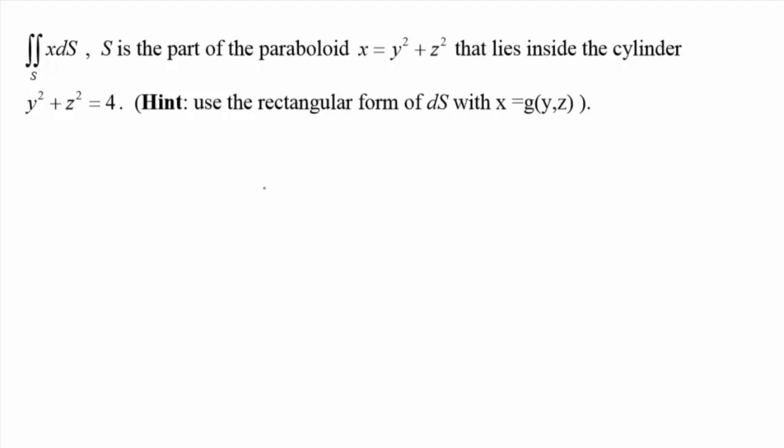S is the part of the paraboloid x equals y squared plus z squared that lies inside the cylinder y squared plus z squared equals 4. Hint, use the rectangular form of dS with x equal to g of y, z. I think that requires a little bit of explanation. So normally when you see the surface integral, we have some function of x, y, and z,